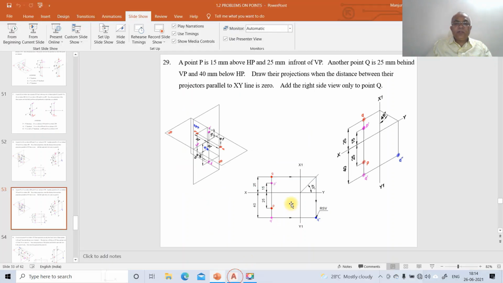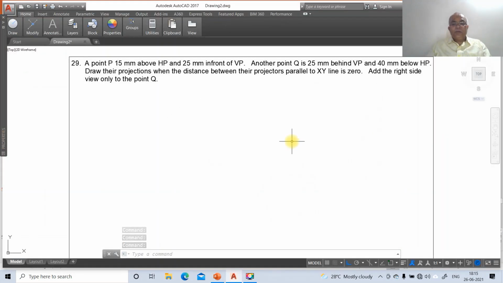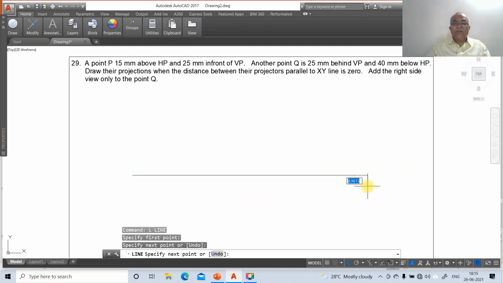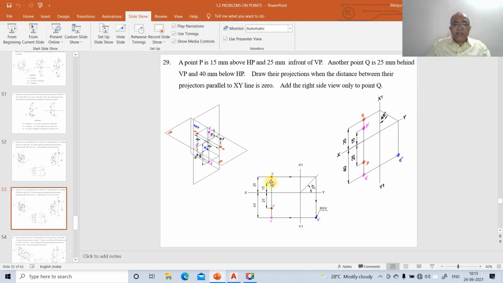Now we're going to try to solve this problem. First we're going to draw the XY and X1Y1 lines. To do that, first we'll go for the line command. Draw at any convenient distance one horizontal line of any length, and similarly select some arbitrary point and then draw a vertical line. As the distance with respect to the profile plane is not given, you select some arbitrary point and do it.